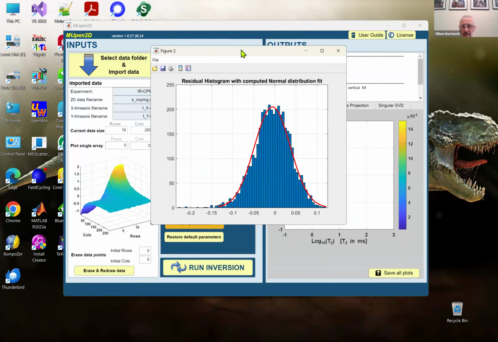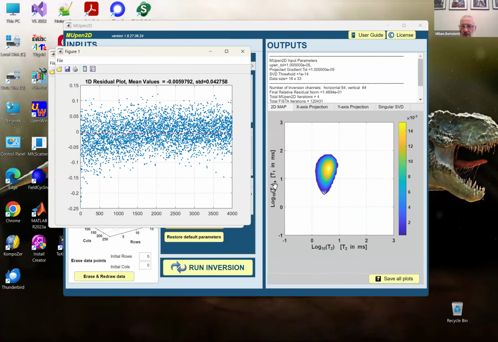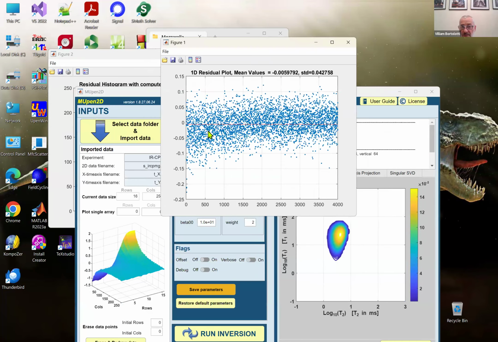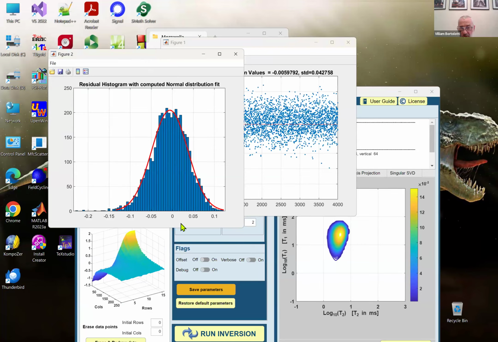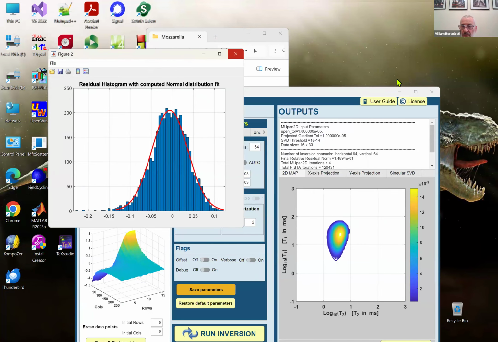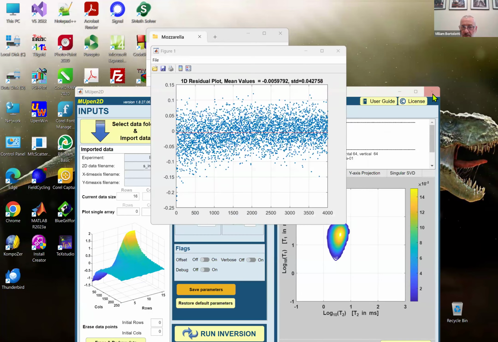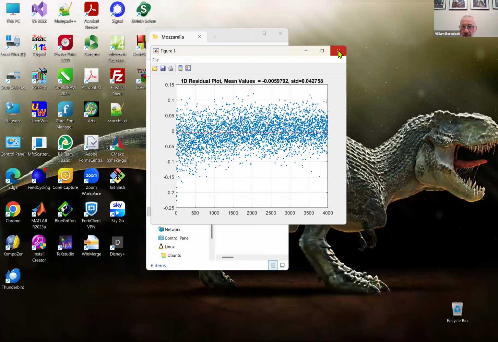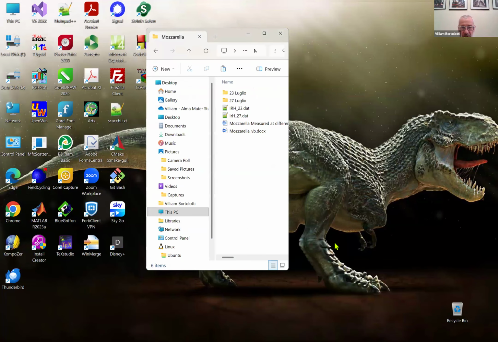Okay, the final result: T1, T2 maps, with projection on the two axes and some information about the quality of the inversion, the residual, the Gaussian distribution, and so you can evaluate. The same is true, for example, for